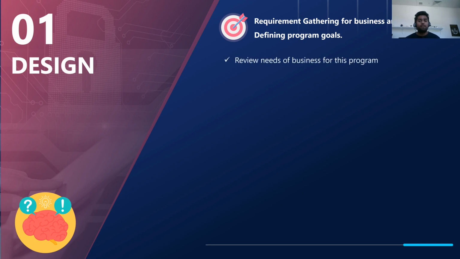So review the need of the business for this program. As I mentioned, why do you need a vulnerability management program? Let's say everything is going fine, but that does not mean that you should not have a vulnerability management program, because prevention is better than cure. But in most scenarios, companies go ahead and try to build security solutions or a vulnerability management department when they face some kind of incident, right? So review the need of the business. Why do you want to build that? What are the current scenarios